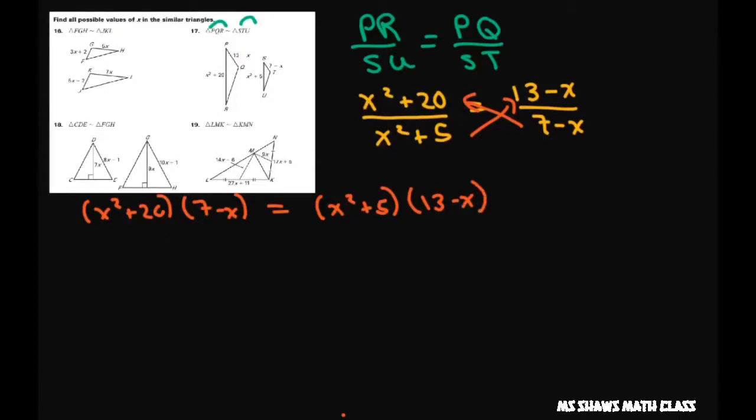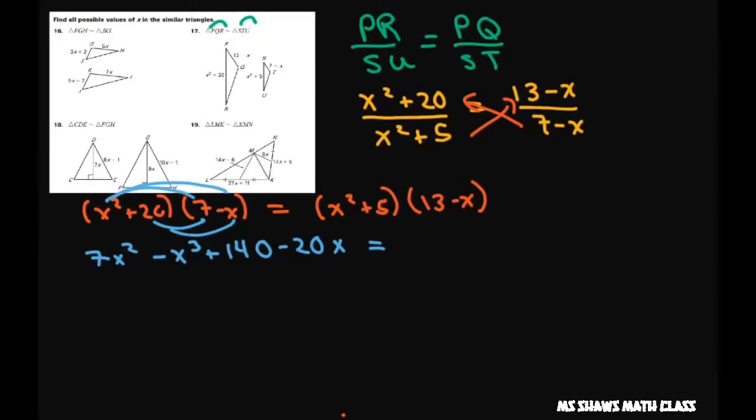So we're going to FOIL this out. So you do all the terms here. You get 7x squared minus x cubed plus 140 minus 20x equals 13x squared